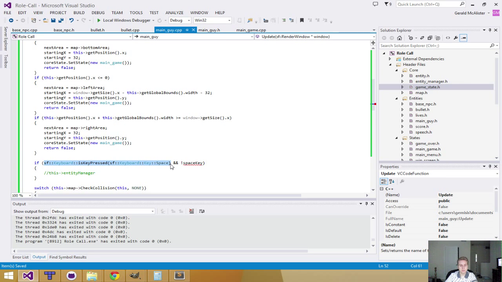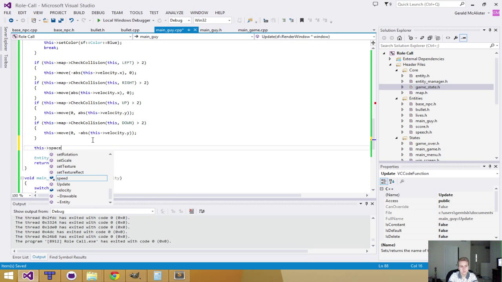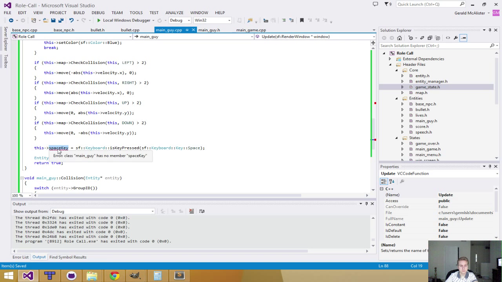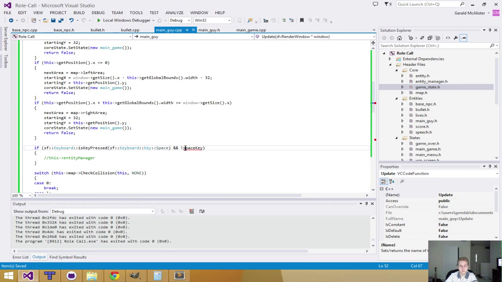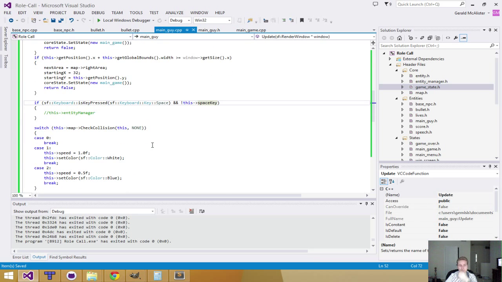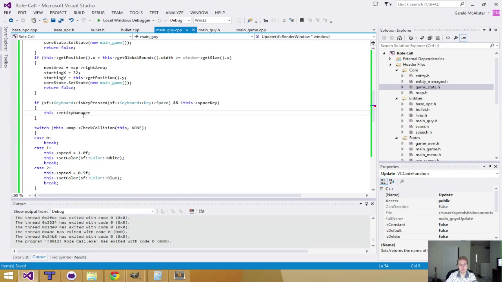So we'll come here. And this is basically just going to be a boolean indicating whether the space key is pressed, again, for the reasons specified in previous videos, and that